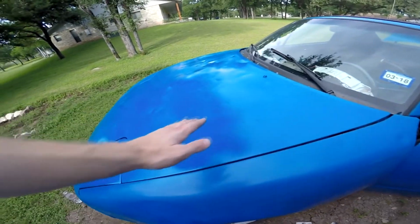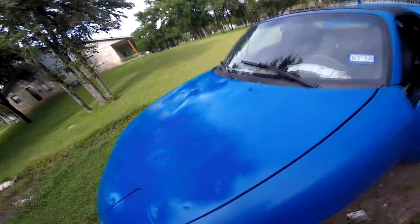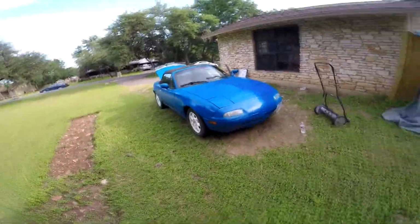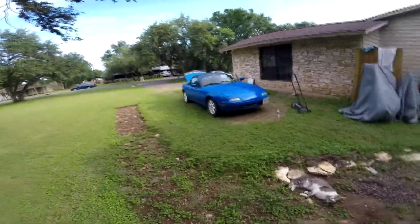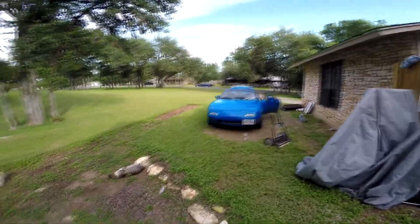But I mean, for the hood, you can see all the little imperfections in it. There's really nothing perfect about it, but it's not all miscolored and sanded down and all that crap anymore. So from, you know, I was gonna say this was a 10-foot car, you know, one of those cars that are decent from 10 feet away, but